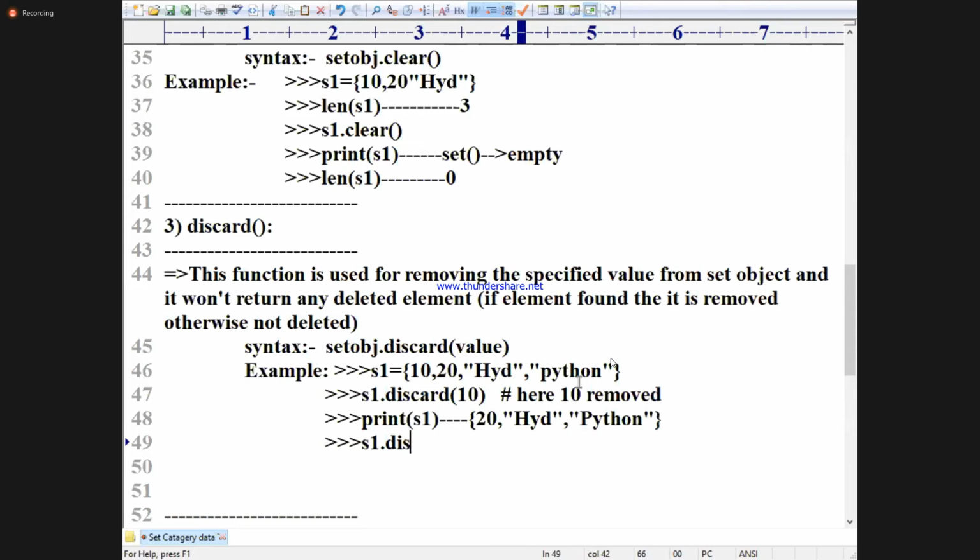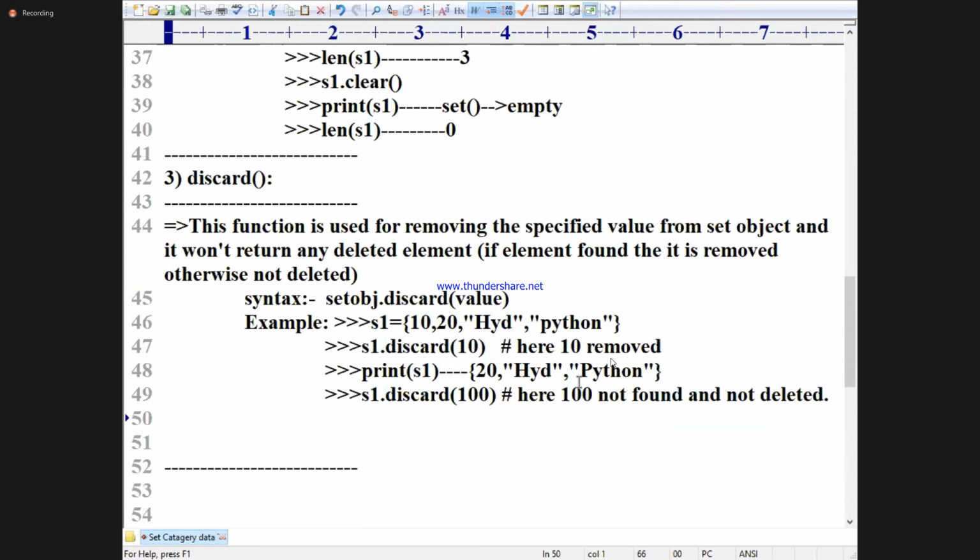Then S1 dot discard of 100. Here 100 is not found and not deleted. Right? We'll go through separate examples, so there will be clarity in your notes also.